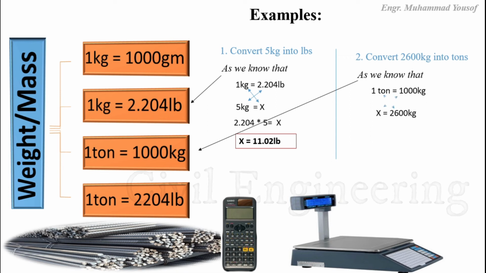Now by applying cross multiplication we get 1 multiplied by 2600 is equal to x multiplied by 1000, and here we have to calculate the value of x. To calculate x we will rearrange the equation, so x will be equal to 2600 divided by 1000. After calculation we get x is equal to 2.6 ton, which means that there are 2.6 tons in